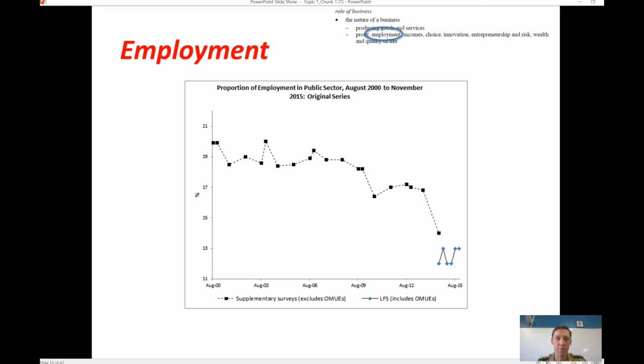Here's a snapshot of employment in Australia, in the most up-to-date figures I could find, in the context of public sector, so government employment, in relation to private sector employment. This is telling us that there's been a drop-off in public sector employment over recent times, something we could discuss in class next lesson, largely due to privatisations of large government entities. And you can see that the private sector accounts for about 14% of total employment in Australia.